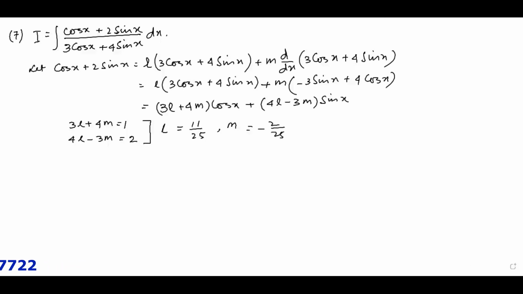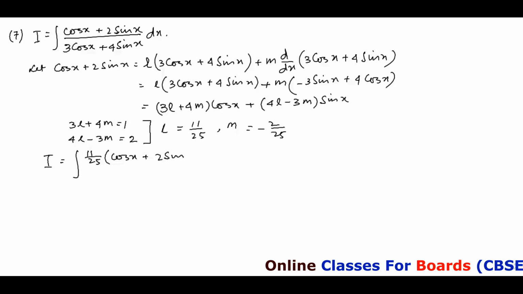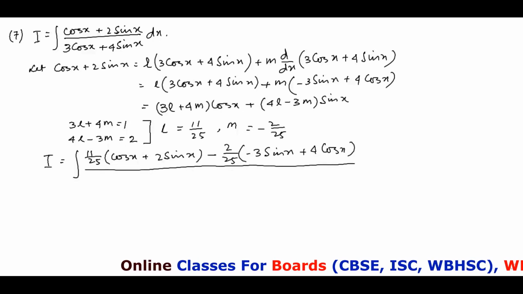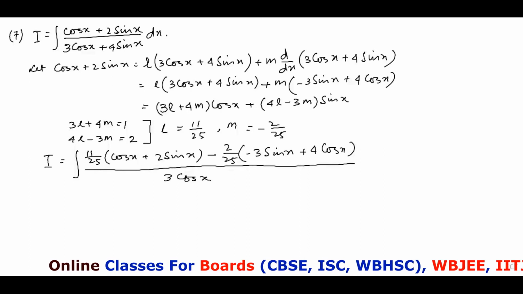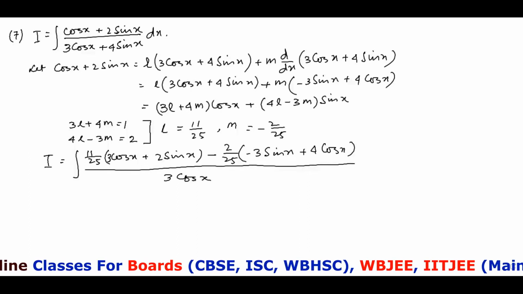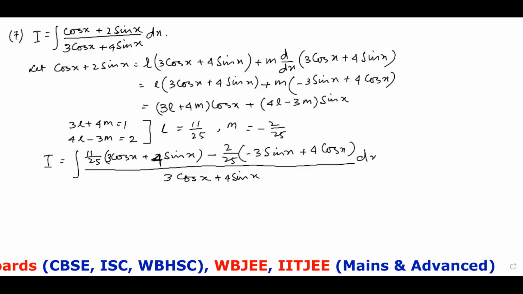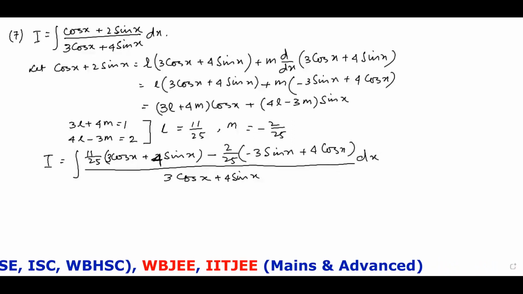I am not showing you this calculation. You can do it by yourself. Therefore, the integration becomes, this is 3 and 4, right? Now, if we separate, we are going to have